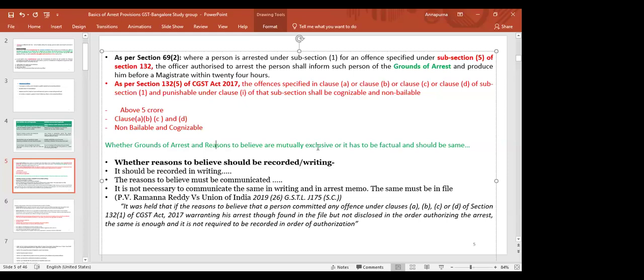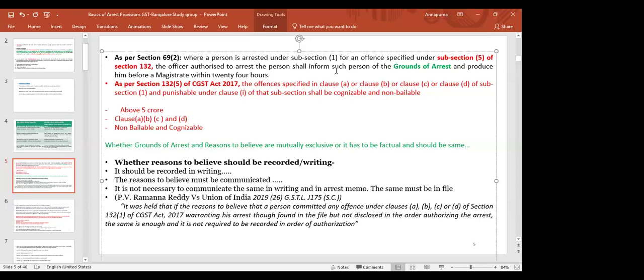So I think they are not mutually exclusive. It should be the same. Whatever the reasons to believe and grounds of arrest should be similar. It should be the same, and it should not be mutually exclusive. And the second aspect is whether it should be recorded in writing, whether it should be intimated to the person, because